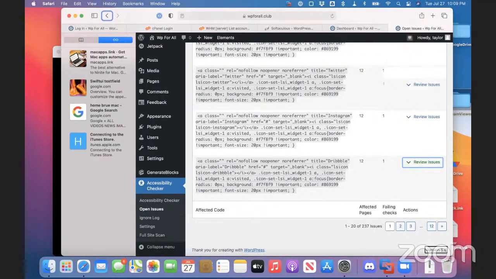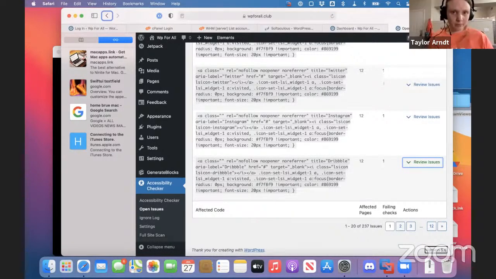I like the emphasis on the manual testing aspect where it basically says, hey, automated tests can only catch so many issues. You really should get this audited by a professional who can do manual screen reader audits, like I said, like ourselves or others. I really like the emphasis on that. I really like how most elements are labeled.